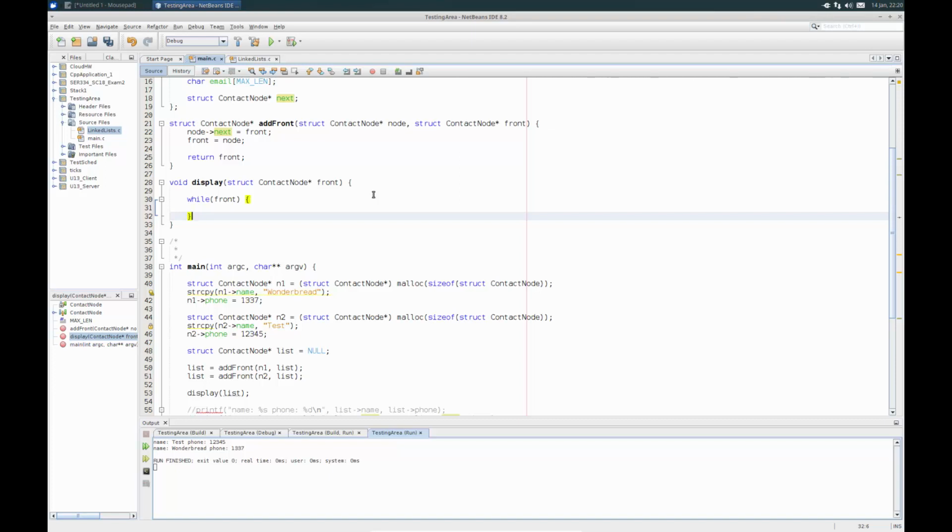So in that sense, it makes it more effective for us to use a while loop here. So I have while, and I'll do while front, so it'll loop while front isn't null. Well, we haven't gotten to the end, so we'll go and visit basically everything in there. Okay, what do I do inside of here? I want to basically display every node.